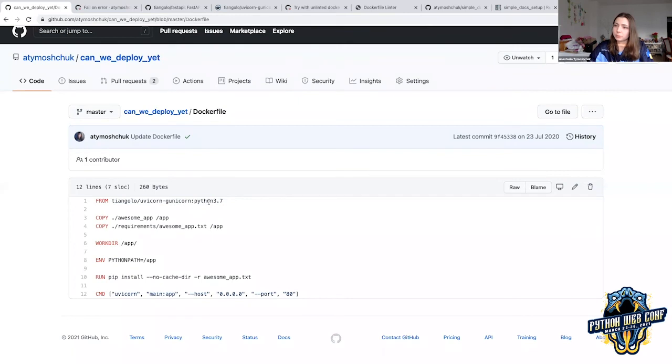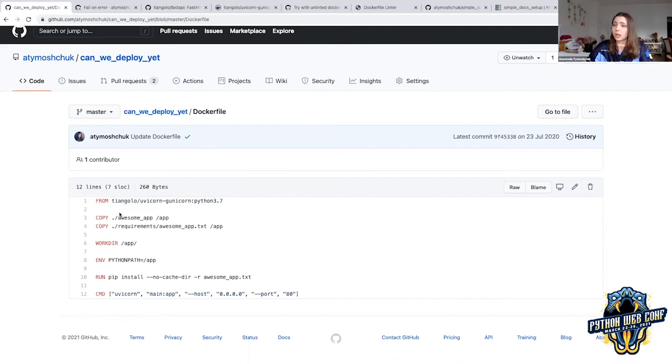First advice, be specific in the versions of the image. Do not use generic Python 3, because you'd never know which image is inside. And the first advice you remember in those bullet points was to check the authenticity of the image and check if this image can be trusted.